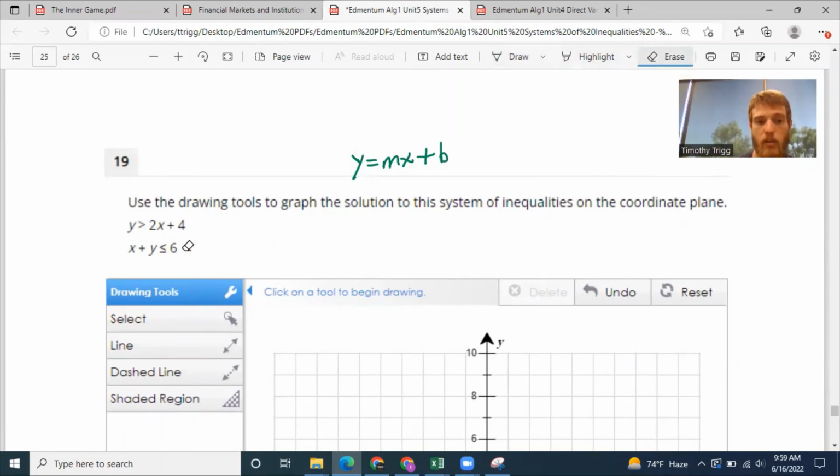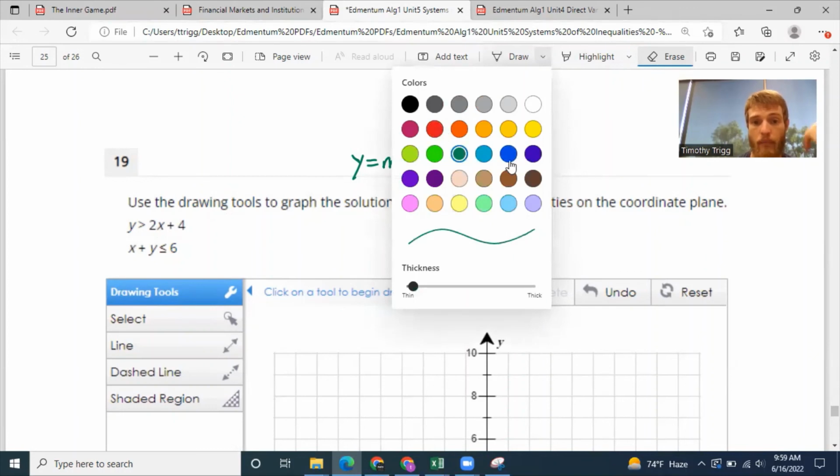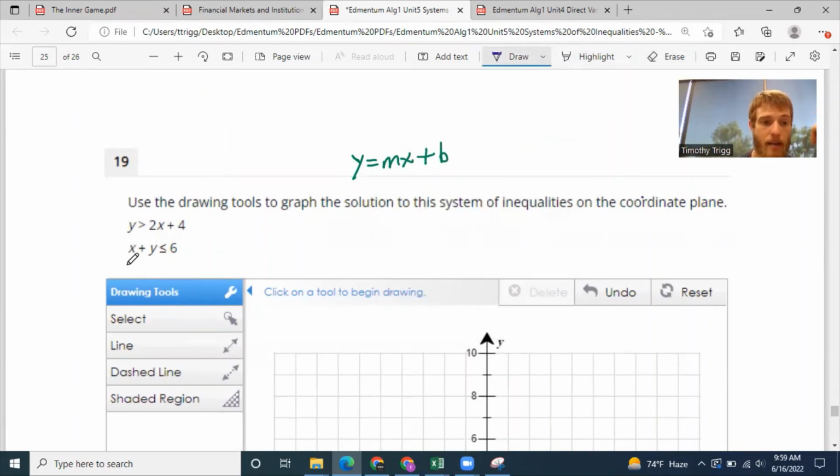It says x plus y is less than or equal to 6. So I can get it into this form by solving for y. In other words, let's get y by itself. We're going to subtract x on both sides of this inequality. That way we can get our inequality into the slope-intercept form. So that's going to give us y is less than or equal to negative x